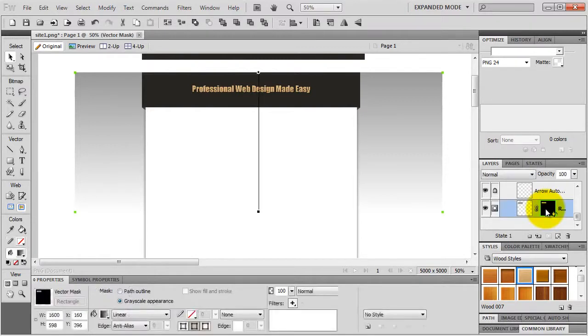If I click on it, I can edit it. You can see a line here appeared. This is the actual fading. I can move it around, I can change the angle, I can make it shorter or longer,